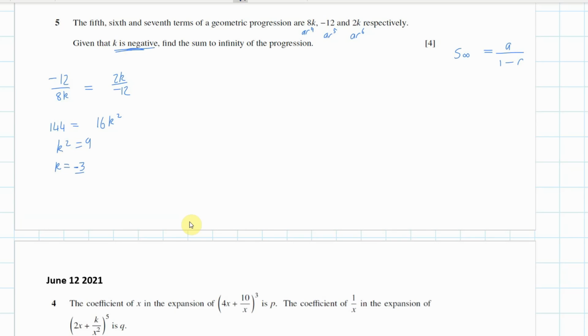Okay, now, if k is negative 3, therefore a is 8 times negative 3, so negative 24, and therefore the ratio equals, how do we go from negative 24 to negative 12? 1/2. Oh, it's not D, sorry, it's R. I'm on a geometric series. What a wally. Okay, there we go, done. Now, then we can chuck those numbers in, so we get negative 12 over 1 minus 1/2, which is going to be